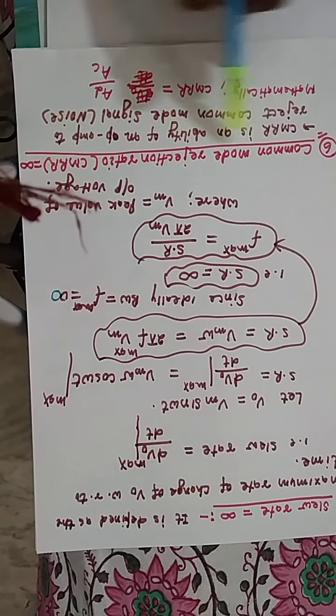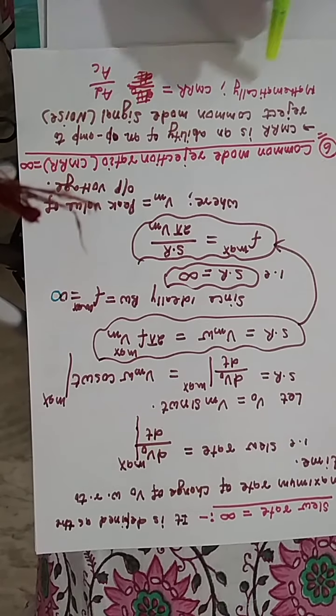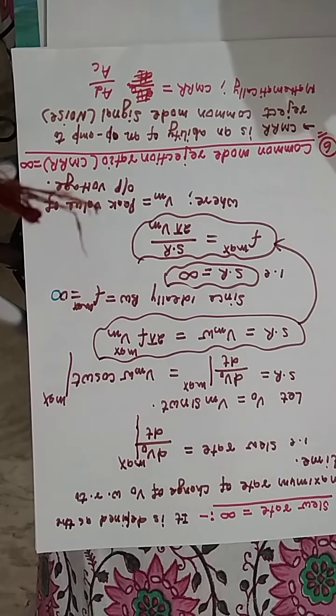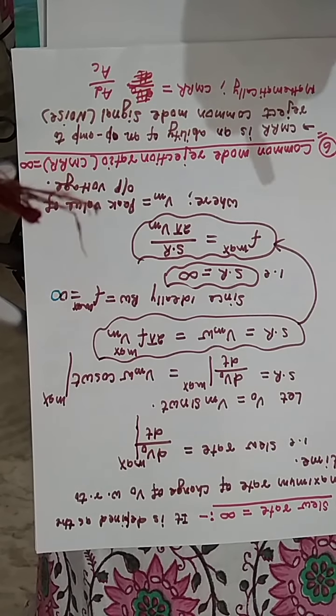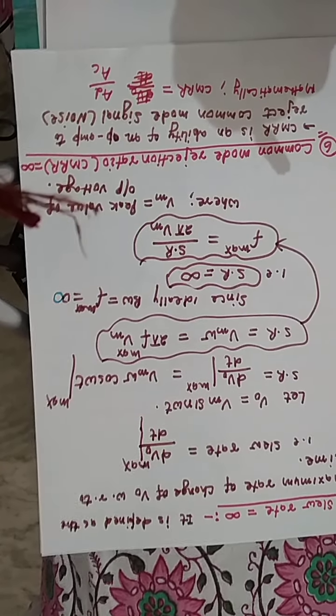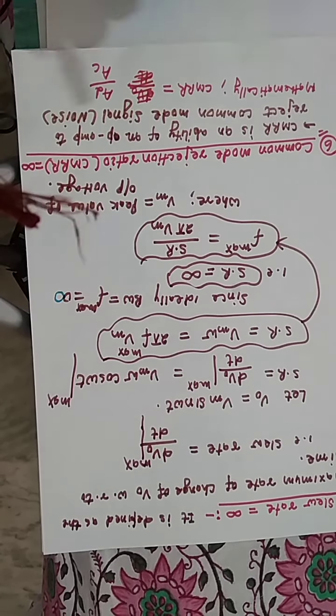Now I am going to discuss the common mode rejection ratio. Common mode rejection ratio is defined as the ability of an op-amp to reject the common mode signal, that is noise. This means if we give a single same input to pin 2 and pin 3, that is, we give a common signal to the inverting input and non-inverting input, then our output should ideally be 0, but practically some error comes. That is why we measure it with CMRR.